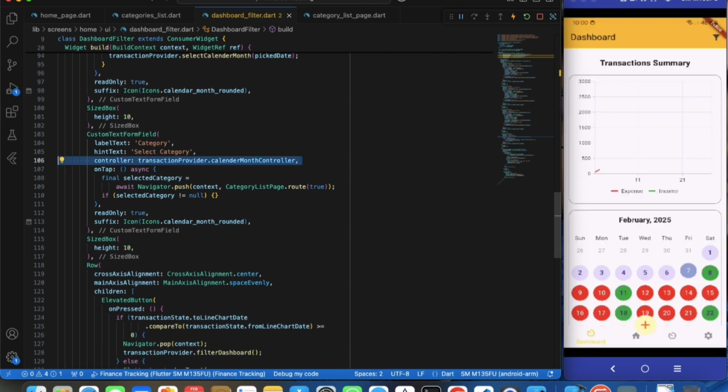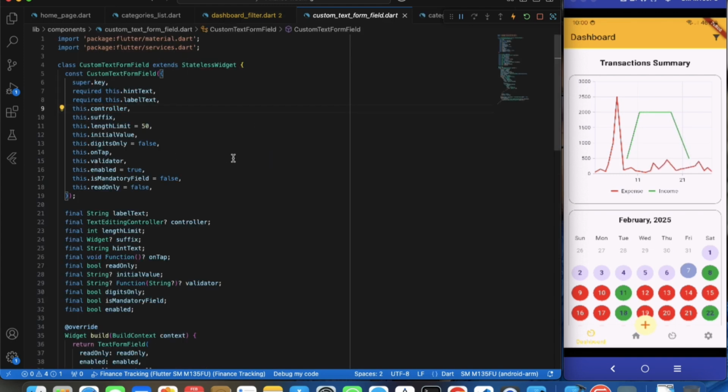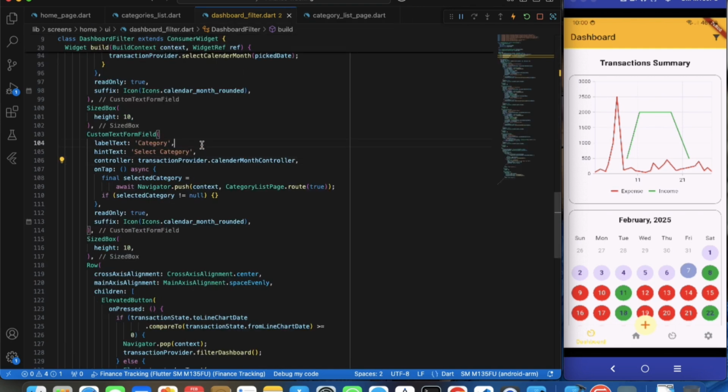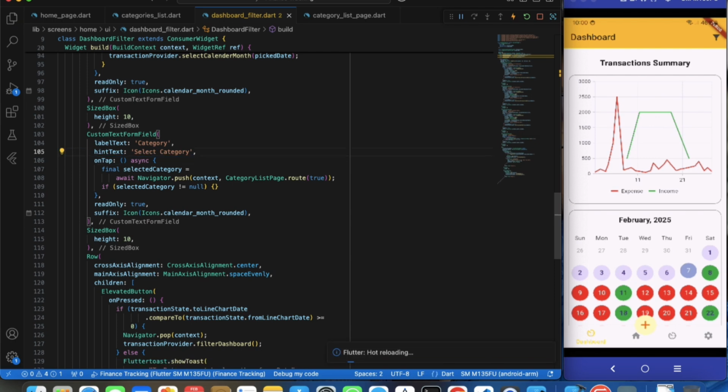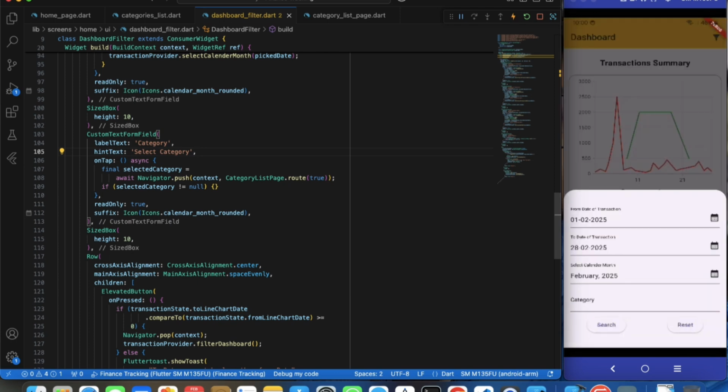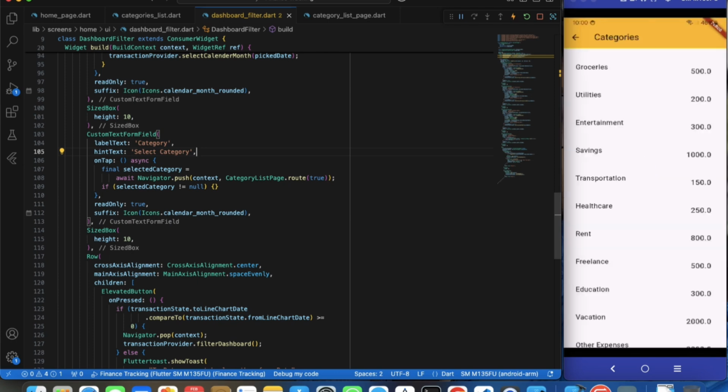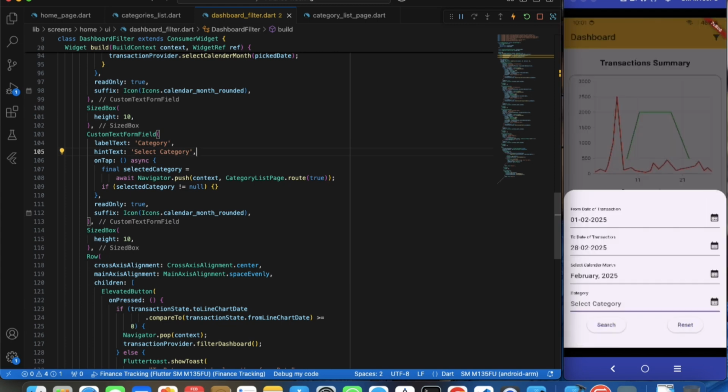Let me just, controller, and we have to pass some controller, huh? Let me, if I remove it, yeah. So as of now, I have removed it. Okay, so we can test it. So you can see it is empty, and if I click on it, it's showing the categories page,